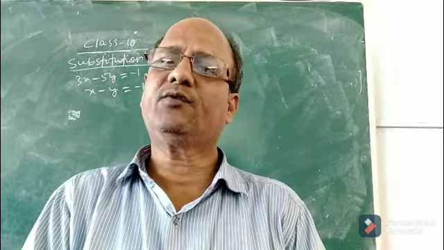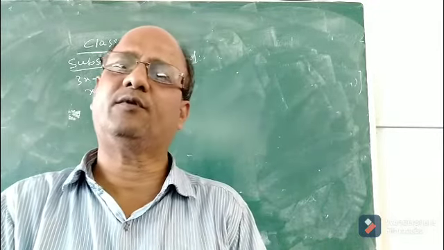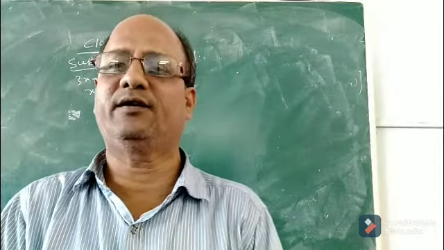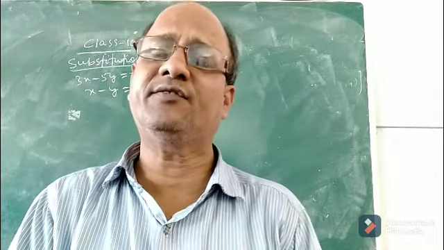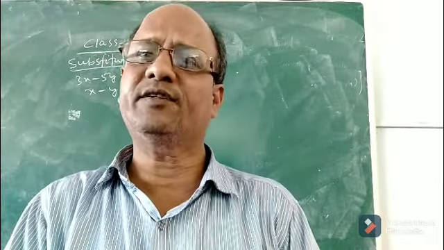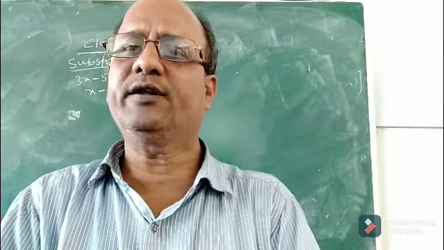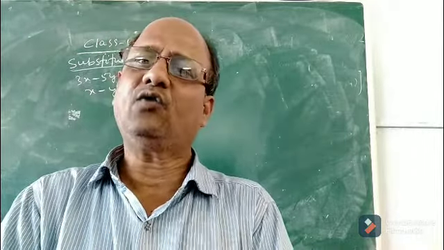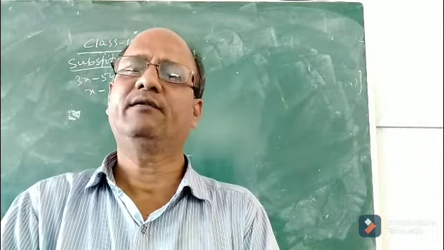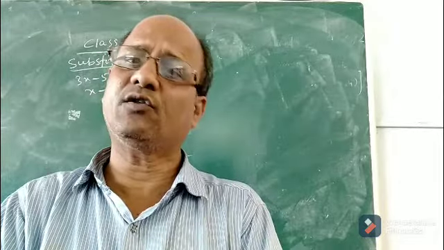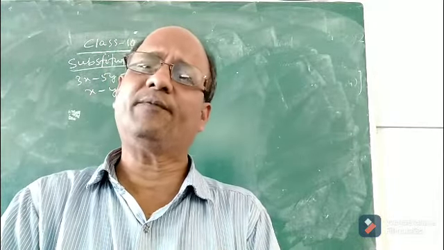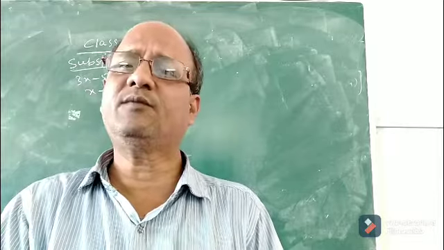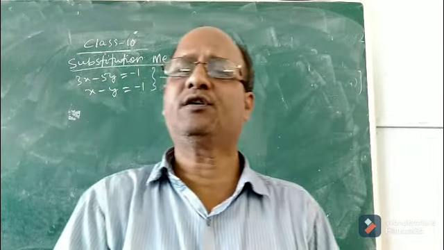Children, in the previous class we completed almost everything about the graphical method of solving linear equations in two variables. That means if you are given a system, a pair of two linear equations in two variables, how to find their solution graphically? I discussed everything in detail. Also, I discussed without a graph how you will know whether the system will have a unique solution or many solutions